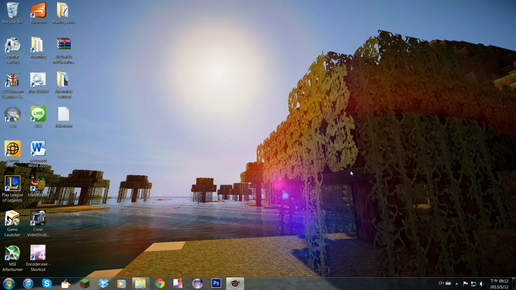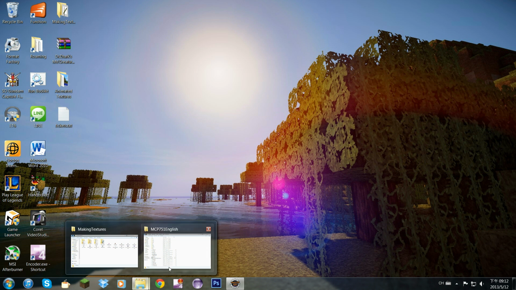This tutorial is going to tell you how to make a basic block in Minecraft 1.5.1 and 1.5.2. So let's start from the texture first. So first thing, please go to your